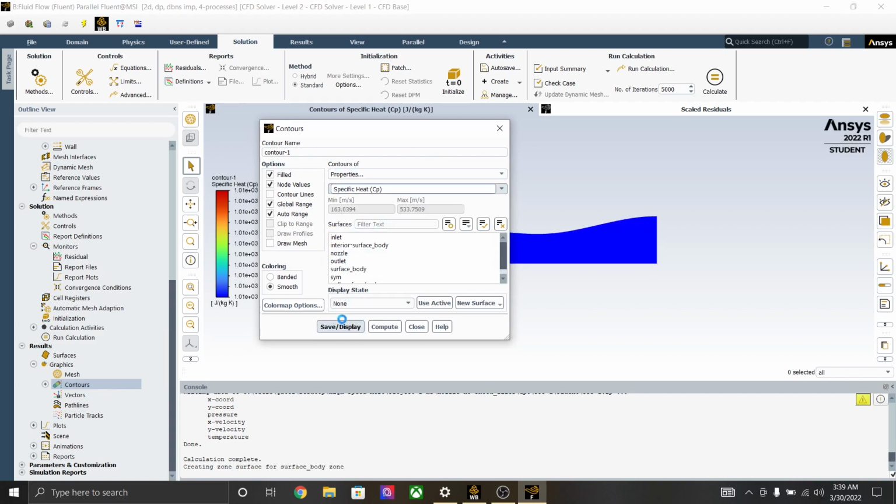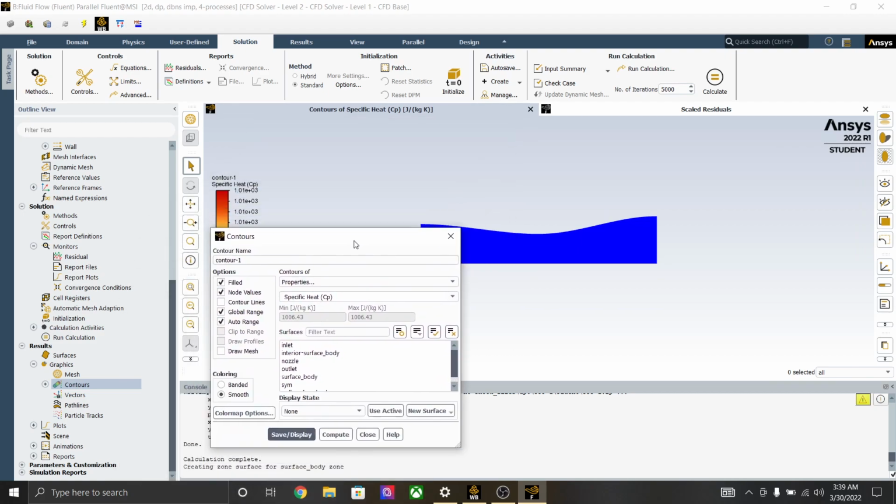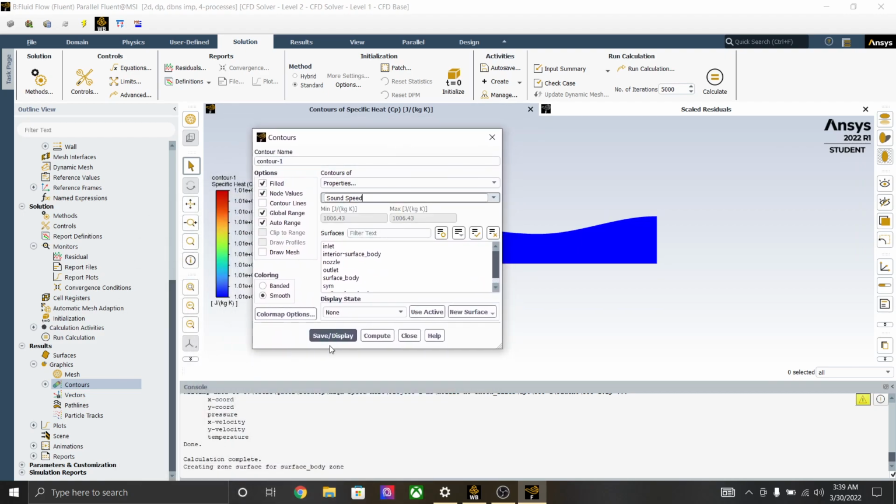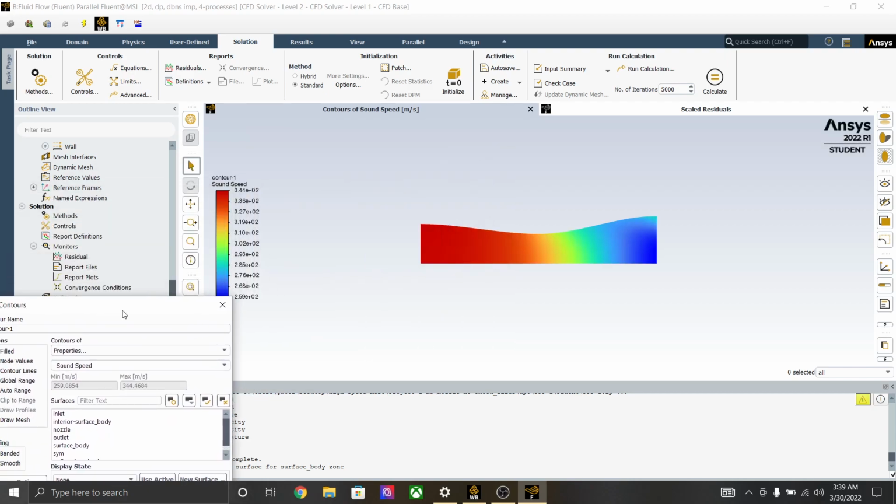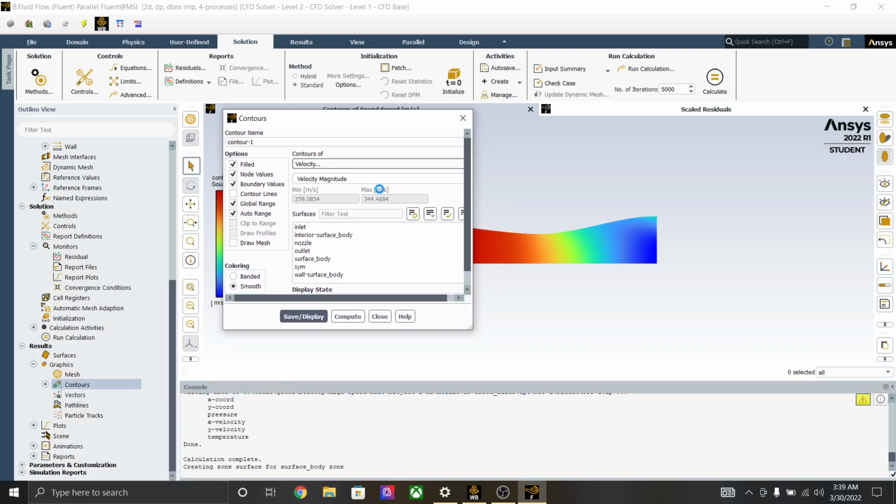Speed of sound, oh whoops, not specific heat, my bad. Speed of sound, and then Mach number,